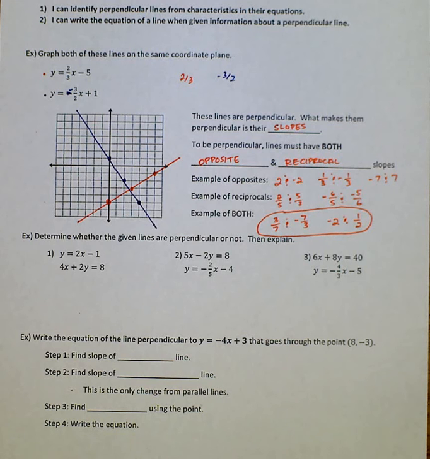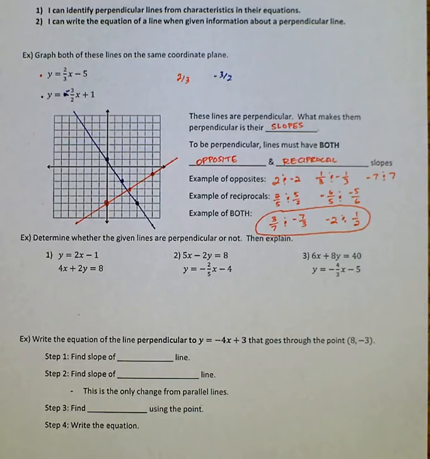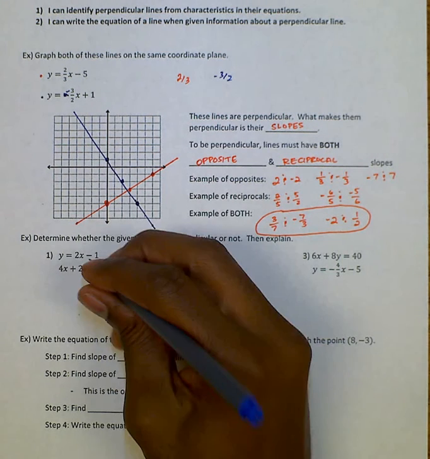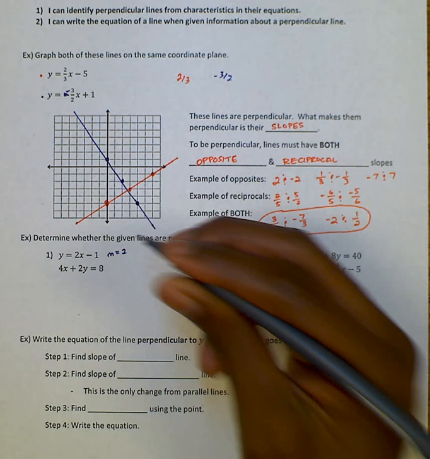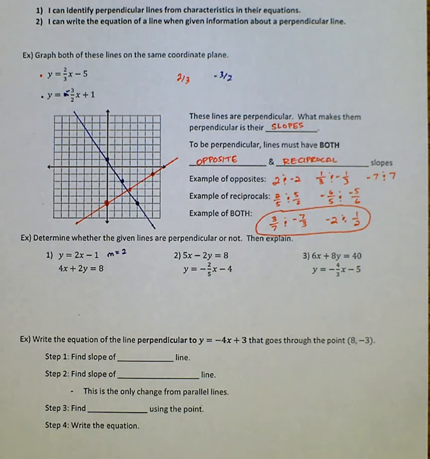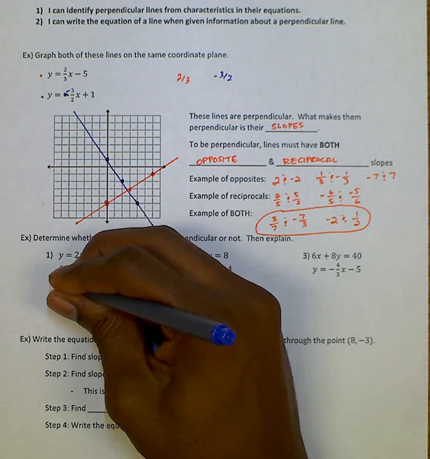Alright, so now we have a section here that says determine whether the given lines are perpendicular or not, then explain. So again, we're going to be looking for slopes. We just care about the slope. The y-intercept is not important to us in this case. So the slope of our first line here is 2. It's already in slope-intercept form, so not much we had to do for that one. For our second line, though, we need to make sure that we put it in slope-intercept form before we try to call it